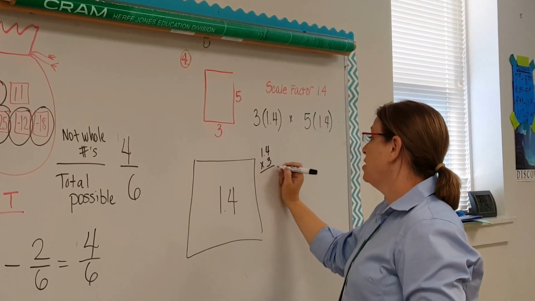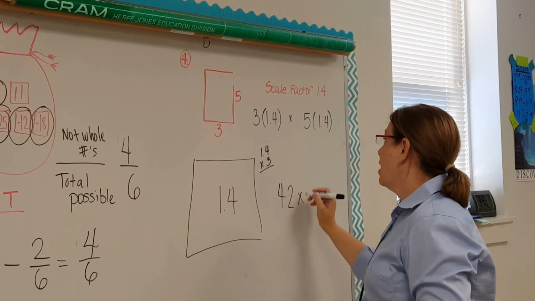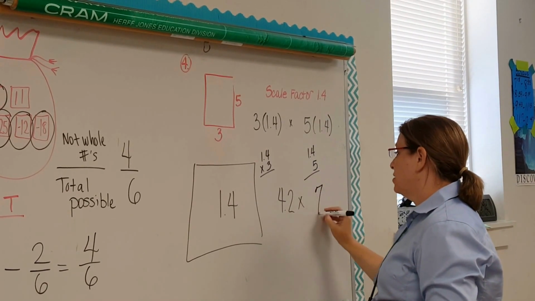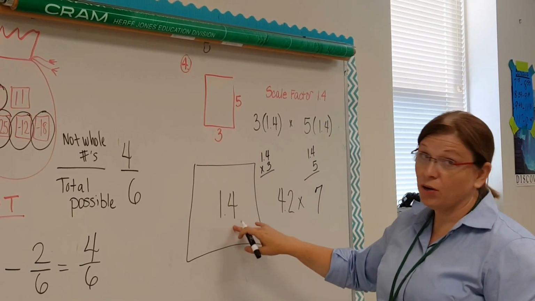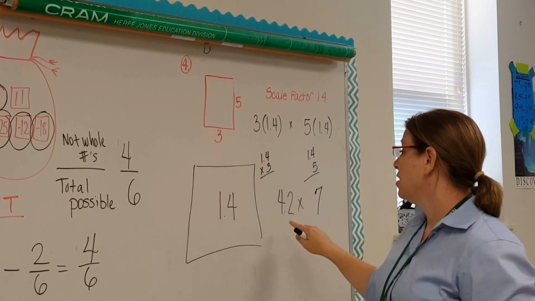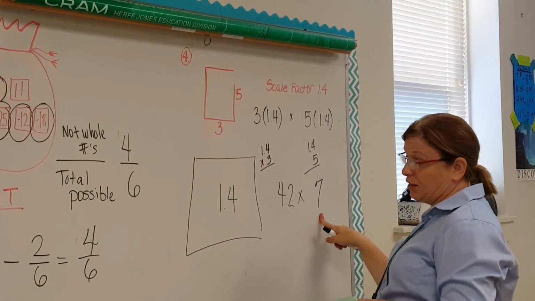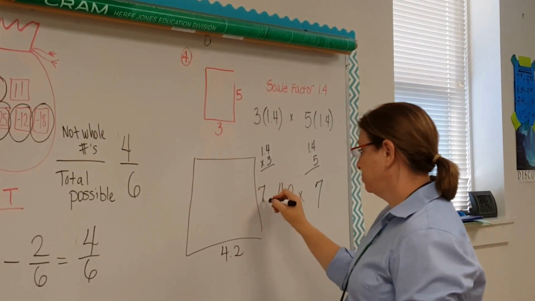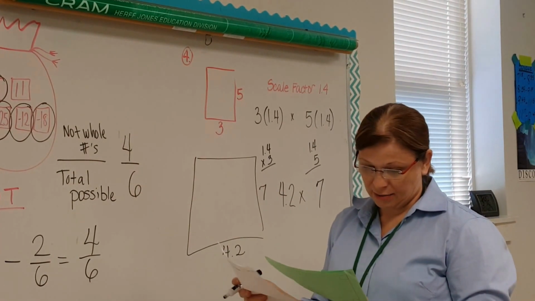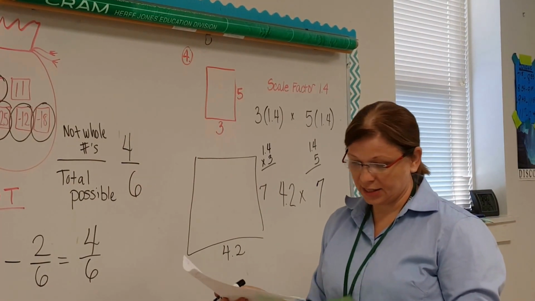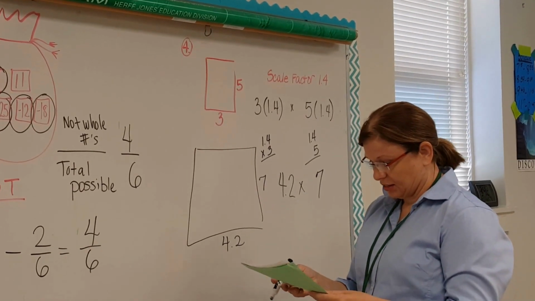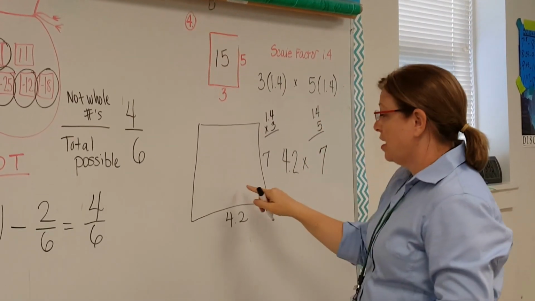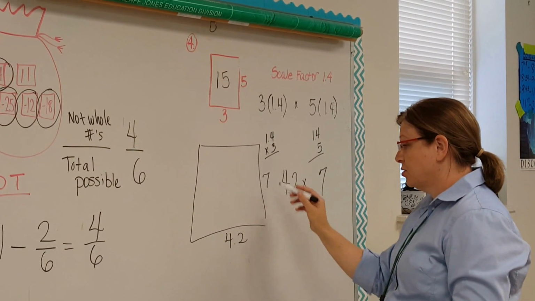1.4 times 3 gives me 4.2, and 1.4 times 5 gives me 7. So my new rectangle that's 1.4 times bigger than my old rectangle is a 4.2 by 7 rectangle. If I label the dimensions of this one, and our question was by what percent does its area increase? The area of the original one was 15, and the area of this one, if I multiply 4.2